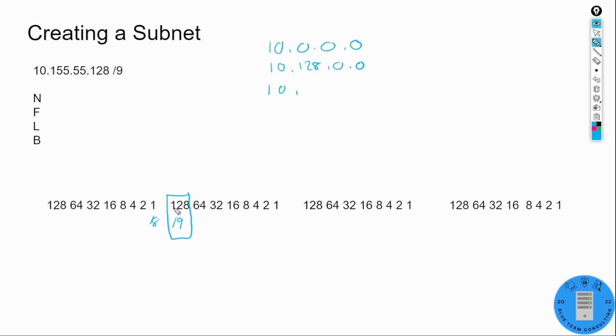10.128 plus 128 is going to give us 256.0.0. But wait a minute. 256, that is outside the max range of 255 if all 8 of our bits are allocated. Extra points for you if you noticed that. If you just said 256 and didn't think anything of it, well, it's fine, but it should have looked odd to you. So keep that in mind. We've now found where 155 falls between. It's between the values of 128 and 256. So our standard operation is still in place. This means this one is our network IP,